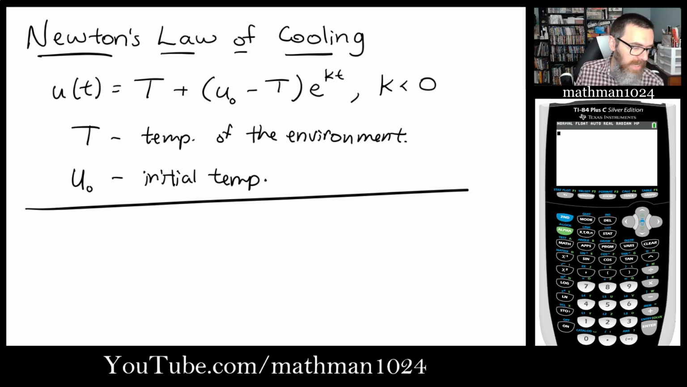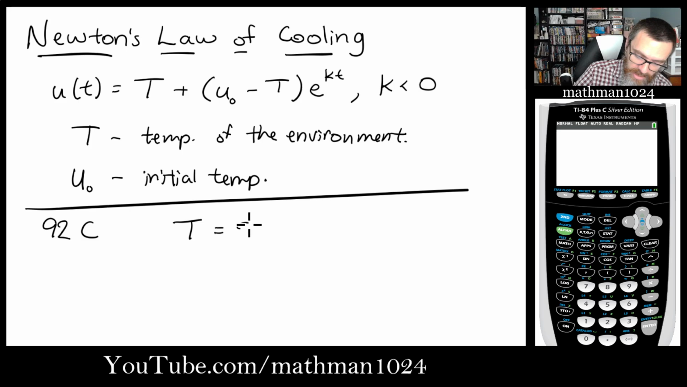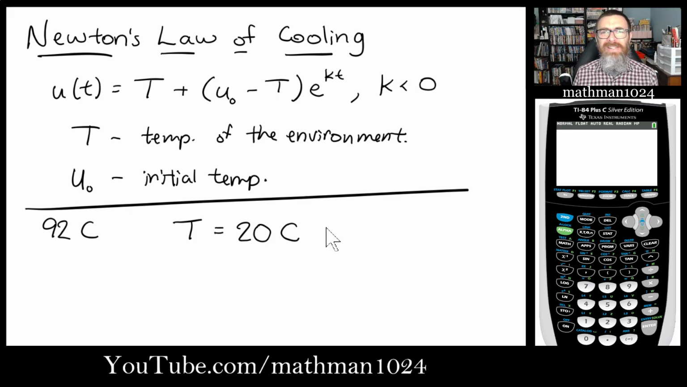For example, we have a cup of coffee that starts out at 92 degrees Celsius, okay, pretty hot. And the air temperature in the room, let's suppose, is 20 degrees Celsius. I don't know why I'm saying Celsius. Why did I do Celsius? Here in America, we don't use Celsius, unless you're a scientist kind of person, so then I guess you do. Okay. So the problem here says that